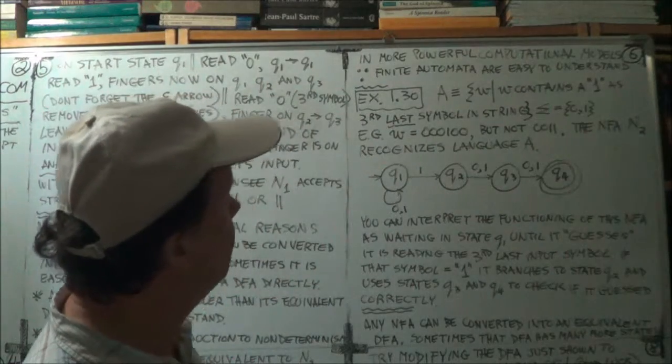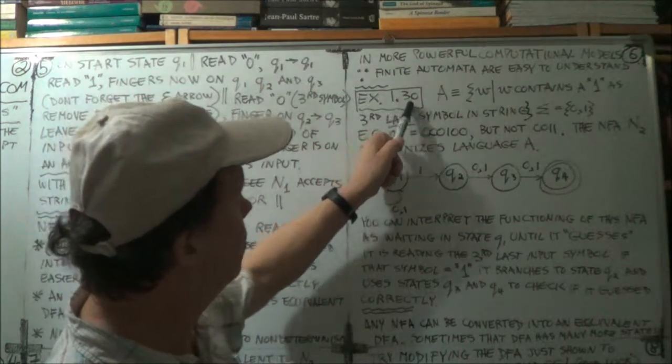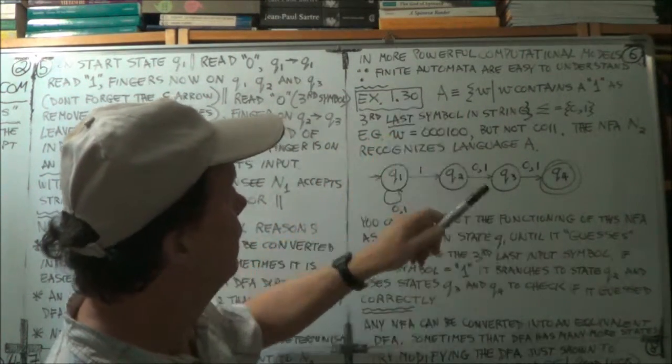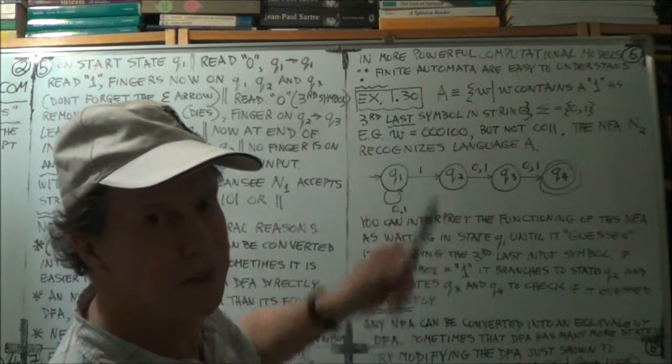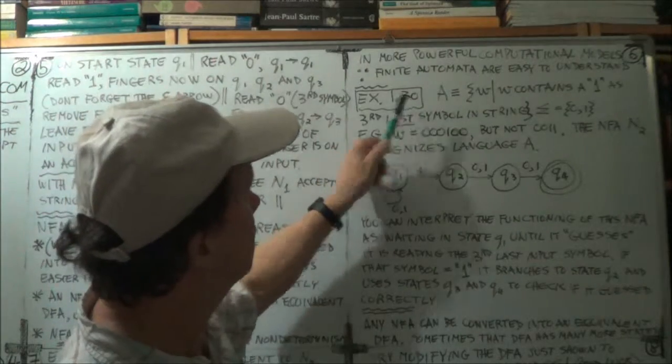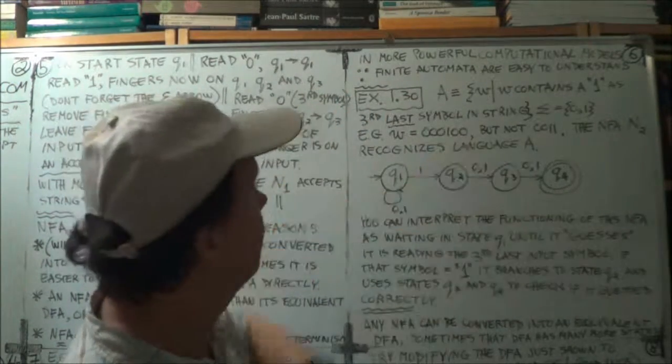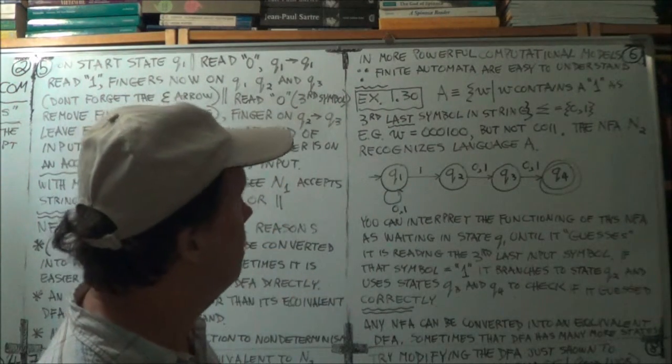Now another example. So this is example 1.30. As always, I use the same IDs as in the text, so you can find where this is in the textbook. Now the language